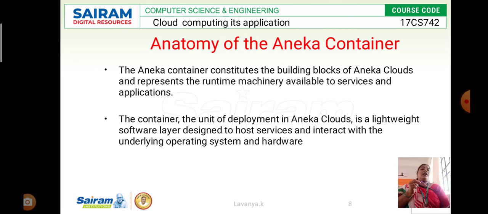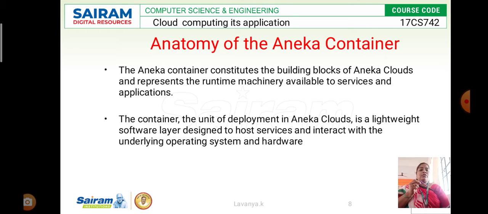The Aneka container is one of the lightweight software layers. This software layer is designed for hosting services to interact with the many operations in the hardware as well as the software part.